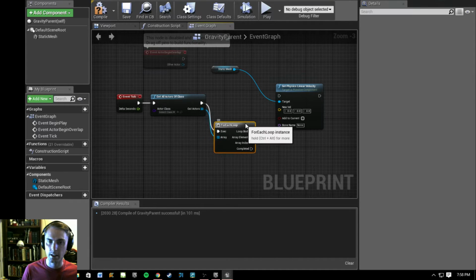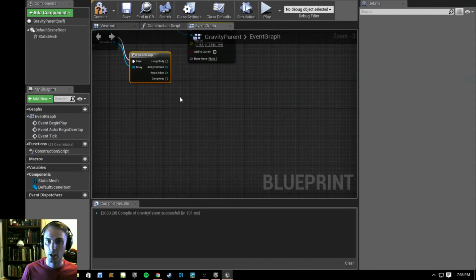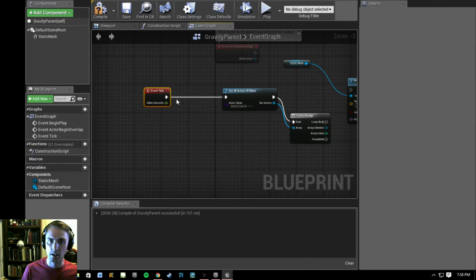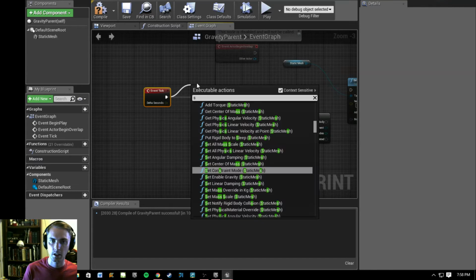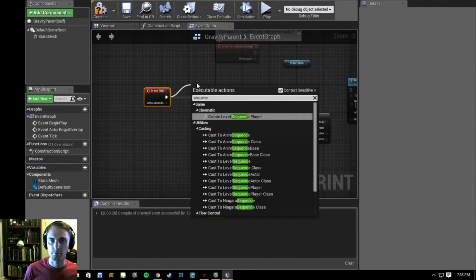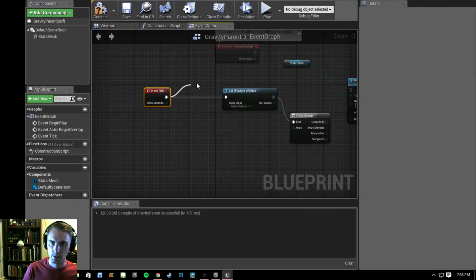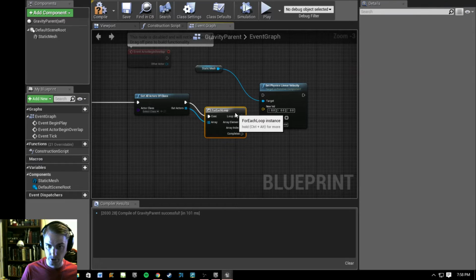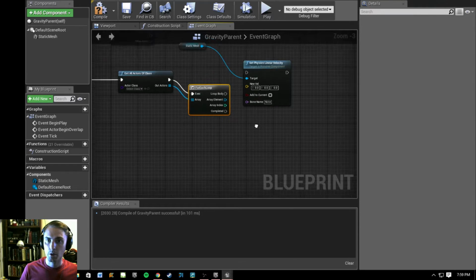Just realizing that if this becomes very large, it might be a while before this is completed. So it may be useful, if you have something that needs to happen at the beginning of the tick, to sequence this off and set this second and anything else important out of the first one, because these will happen sequentially. But it doesn't matter, because all we're doing is the gravity. Sorry for those tangents. What we're going to do on the loop body